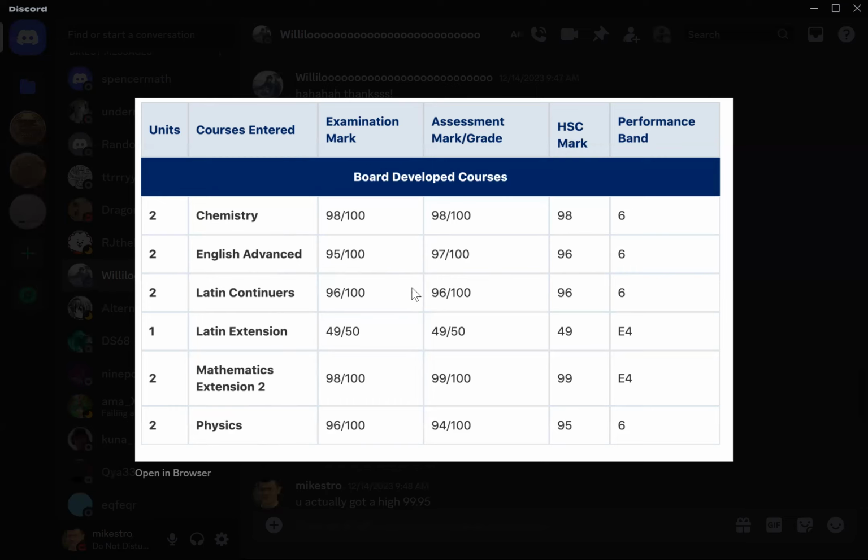Another crazy thing about this, 98 is much higher than you need to get chemistry max ATAR. I think I only got like 95 or something, and I actually did badly in the exam. And the crazy thing is he got 98 and 95, and I don't think they even counted towards his ATAR. So what contributes to his ATAR? He got 96 from this, and then he got 3 units of Latin, which was 5 units, and then 2 units from this, which is 7 units, okay,